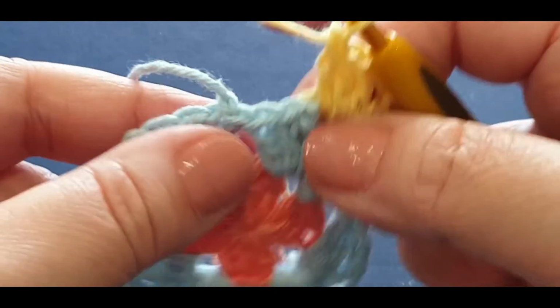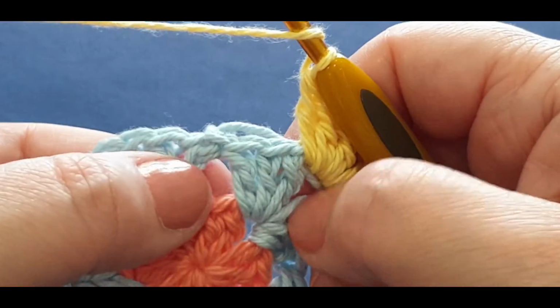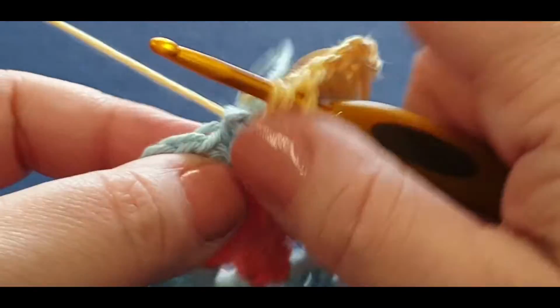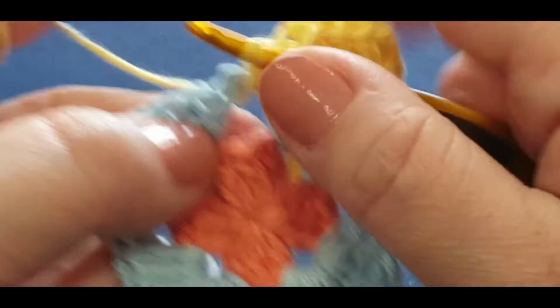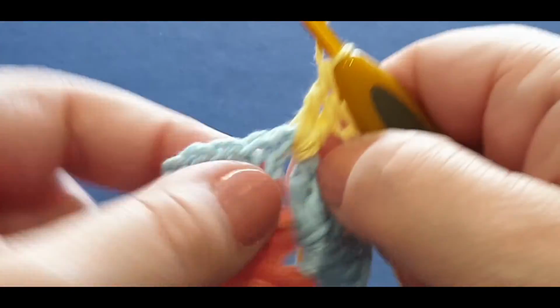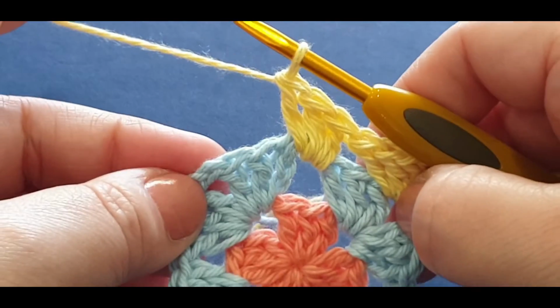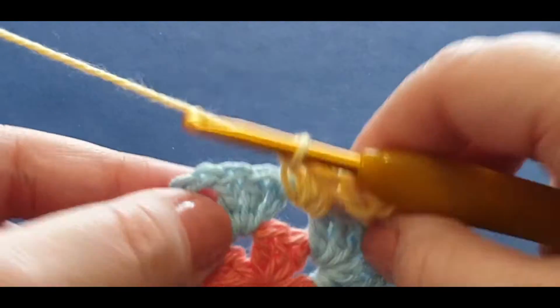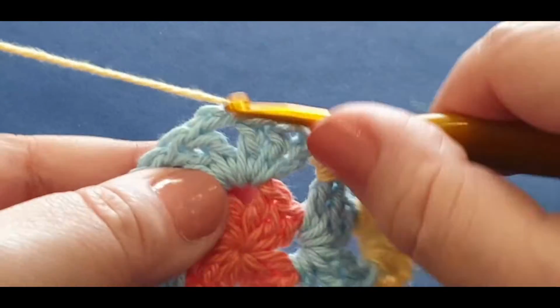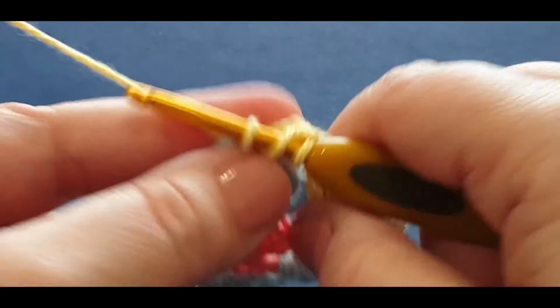So that tail, if you don't want to hold it in your finger, just pass it forward like that and crochet over it. Okay, so doing a double crochet in that space like so. 1 and then 2 and then 3. So in every side space you are putting 3 double crochets. So now we're going to pop into that corner. So we're going to skip over these 3 double crochets, jump into the corner with a double cluster set of 3 double crochets. 2,